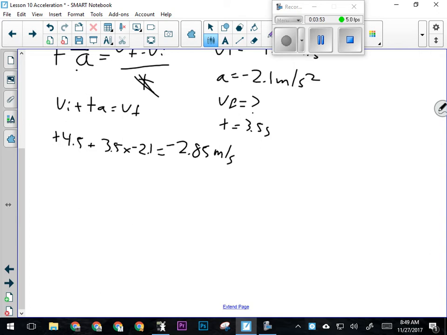Down and downhill are different. Down is straight down. Downhill is angled somewhat. And negative is not what I was given in the question. It's what I got mathematically. But remember, when I was writing the givens, I said I'm going to make uphill positive and downhill negative. That means when I'm done, I need to write out that this is 2.85 meters per second